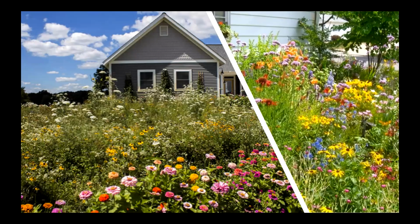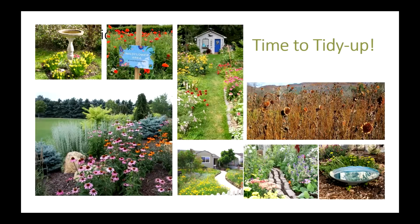We're almost to the end. I've got one more thing to talk about, and that is keeping away complaints. No matter what you do, sometimes your neighbors or maybe even code compliance might be unhappy with your wildflowers. A lot of times that happens at the beginning when they're first growing and people can't tell that they're going to be beautiful flowers, or during the summertime when they don't look as good as they could. And so we're going to talk just a little bit about what a lot of people like to call